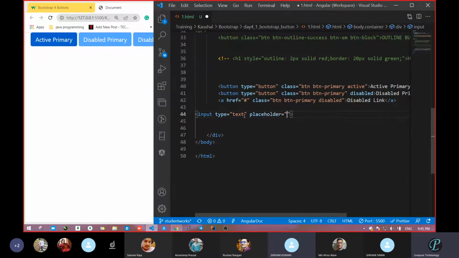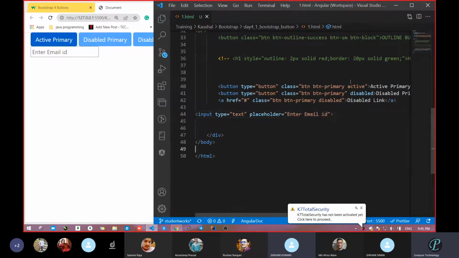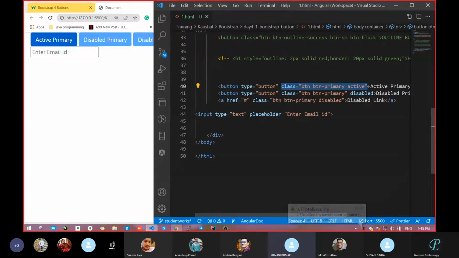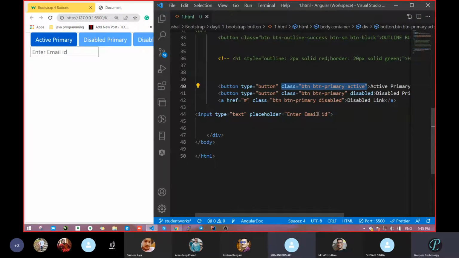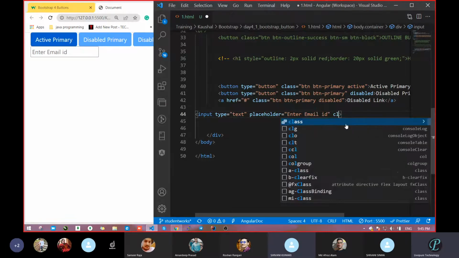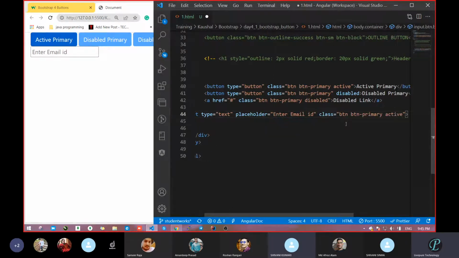Placeholder, enter email ID. Fine, let's save. Now I want to add this. Here we will add the btn class itself and this will work.